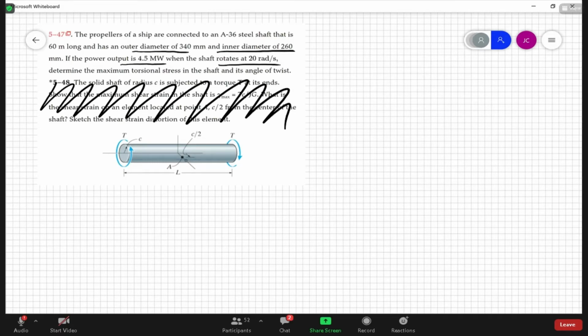And it wants me to figure out the torsional stress as well as the angle of twist, okay? So, in this particular case, we're going to have to figure out J. So let's just calculate J right off the bat. J is pi over 32, the outer diameter to the fourth minus the inner diameter to the fourth. So that's 0.34 meters to the fourth minus 0.26 meters to the fourth. And that gives me a J equal to